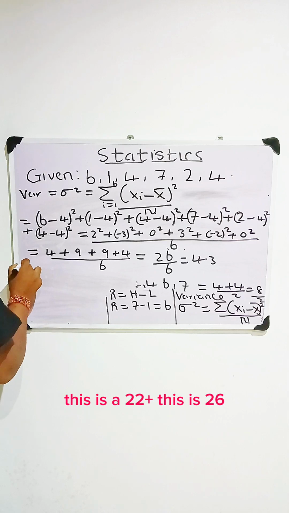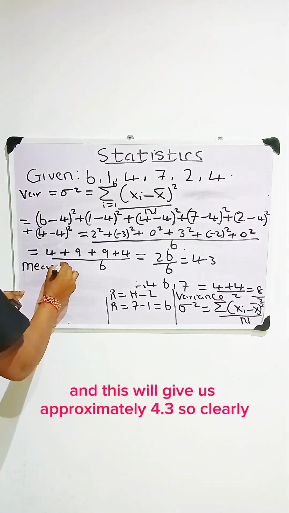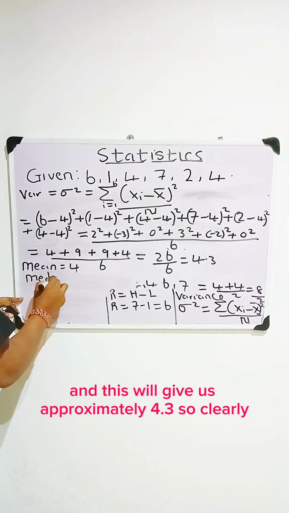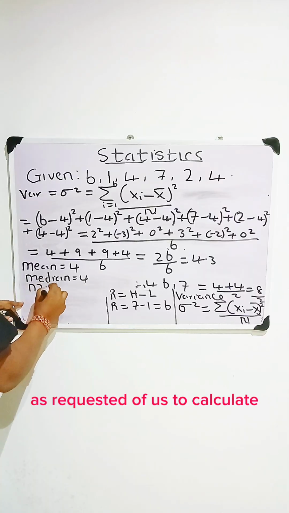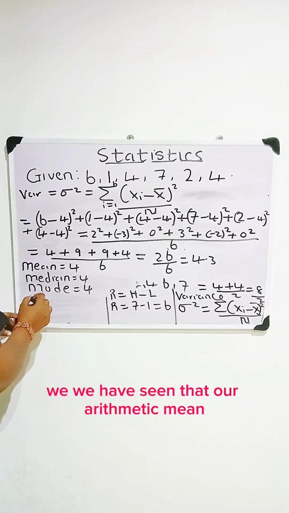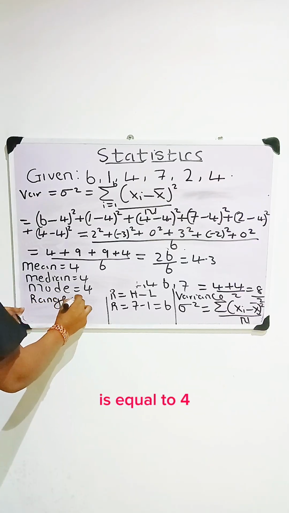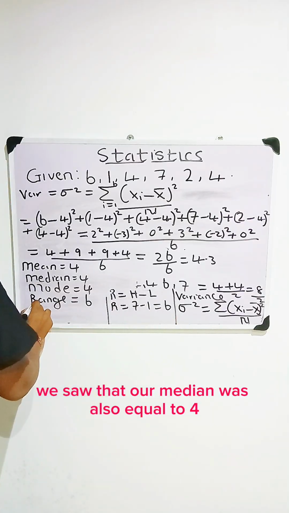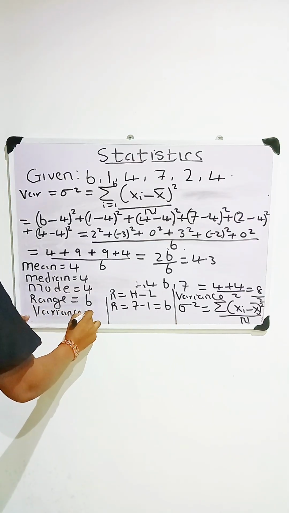So clearly we have calculated what was requested of us to calculate. We have seen that our arithmetic mean is equal to 4. We saw that our median was also equal to 4. We saw that the mode was also 4. We saw the range. Range was 6. And then we are seeing now that the variance is